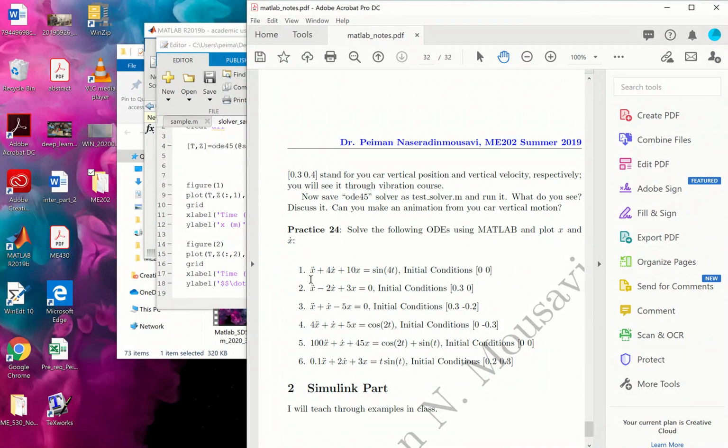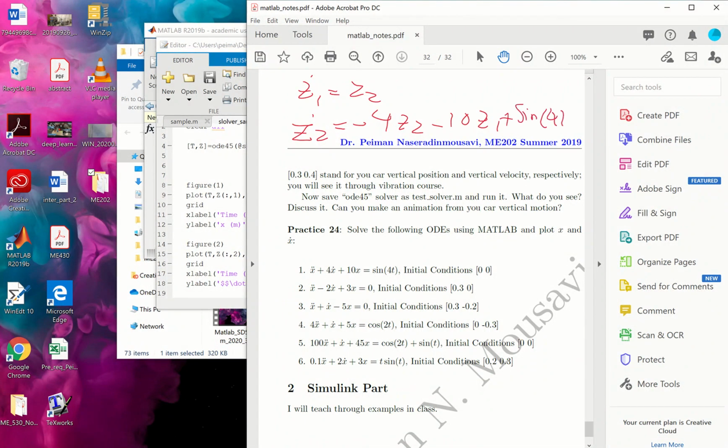If I do that, its state variables are going to be like this: z1, please do that at home to double check. z2 is going to be minus 4 z2 minus 10 z1 plus